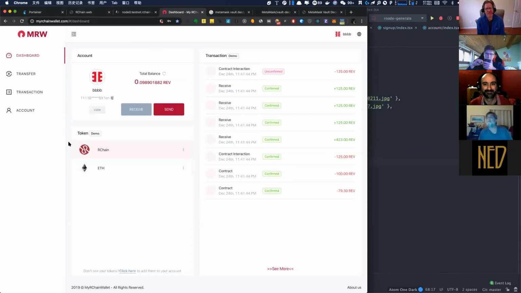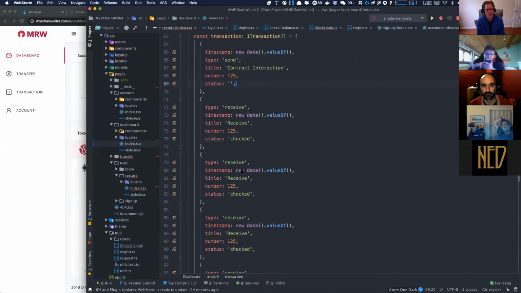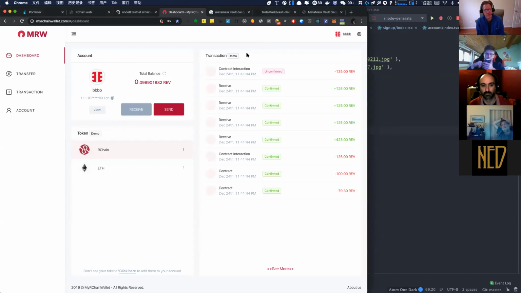Yeah. This whole part is a demo, because I didn't know how to get the transactions from the blockchain, so I just added some fake data to mock the use case when we have some transactions, this part. Cool. All right, that's great. So we have like 15 minutes left, although I don't know if people could go longer,